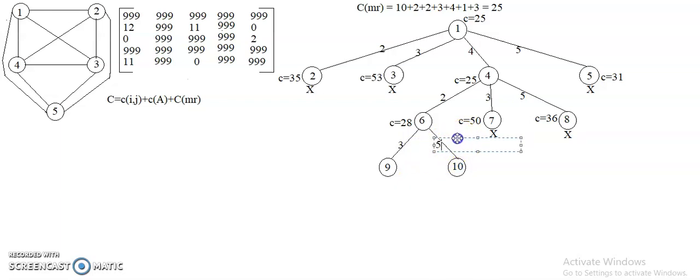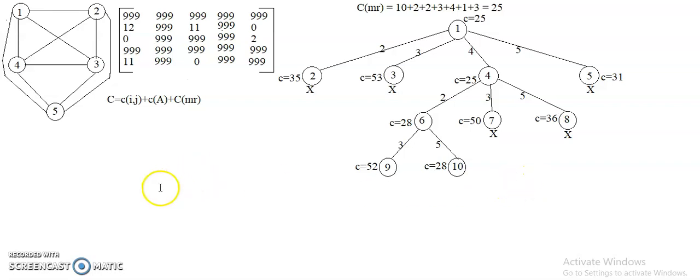So if I visit from 3 to 5, same procedure. Here from the second vertex you are visiting. 1 to 4 you have already visited. 4 to 2 you have visited. From 2 you are visiting 3. Means second row, third column you need to update to infinity and check. If you check like this, the cost will become 52 at this particular location. At this particular location the cost will become 28. The minimum cost we are supposed to consider is available for node 10. So I will go for exploring node 10.